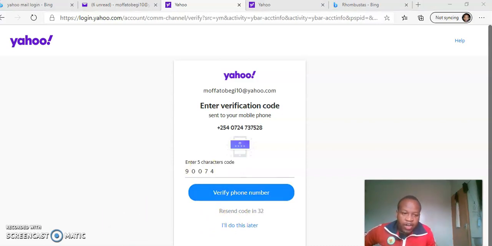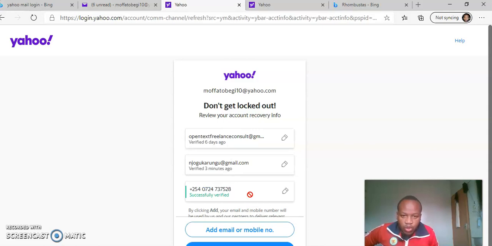Luckily, I've received the phone number in my phone. This is my phone where I've just received the code. So I'll come here and click verify phone to ensure that, yeah, it tells us that the phone has been